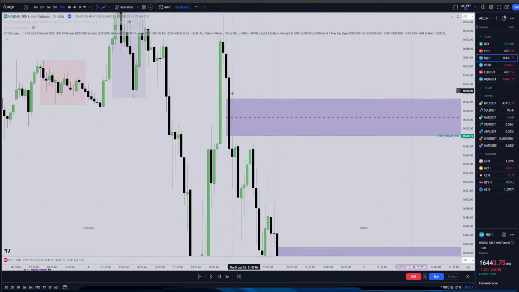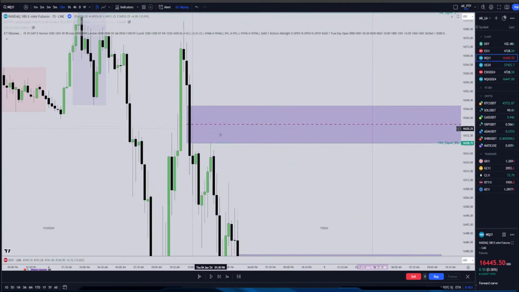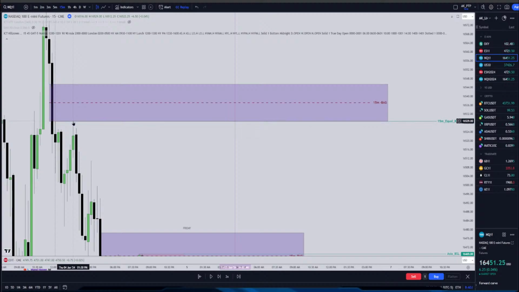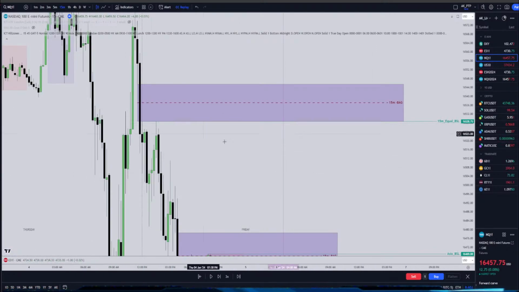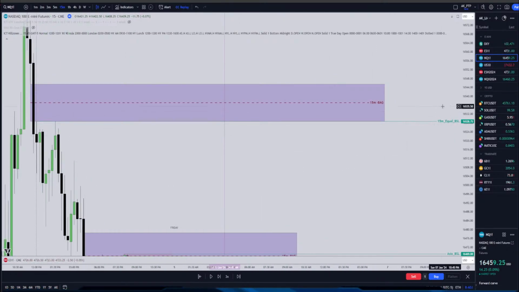Because the main fair value gap happened around this area. You see this fair value, it was just tapped by this. I have another fair value above there. Why did I write it here? It's equal buy side on 15 minutes. I wrote that because that's equal buy side for me. If I go to 1 minute, it will be like two swing highs over there. However, this is not what I'm